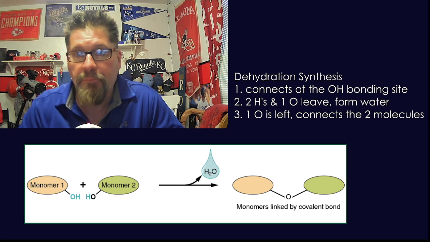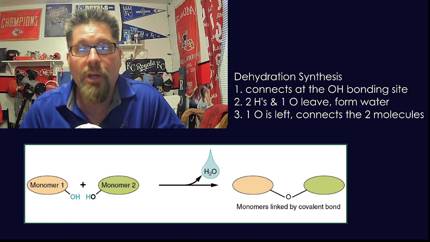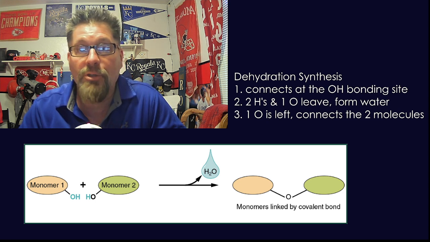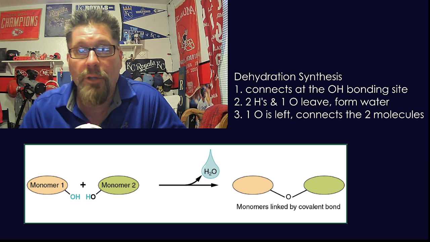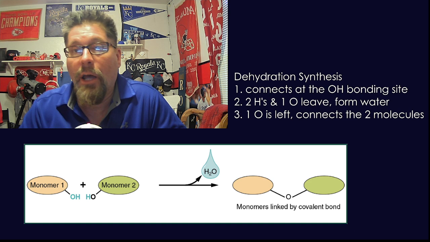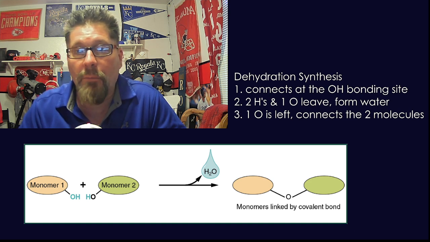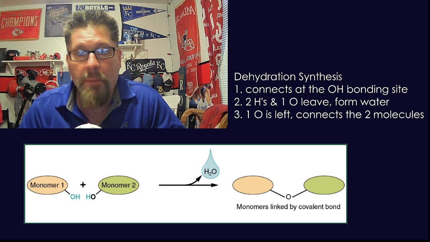concept. But dehydration synthesis is a process that is used to build molecules. Okay, hydrolysis, which we'll talk about in the next slide, is the process used to break down molecules. But when we build molecules, we use dehydration synthesis, and a couple of things happen. You can see in the diagram there below me, to the far left, that's the beginning. It's kind of like a beginning, a transition, and an after in that diagram.